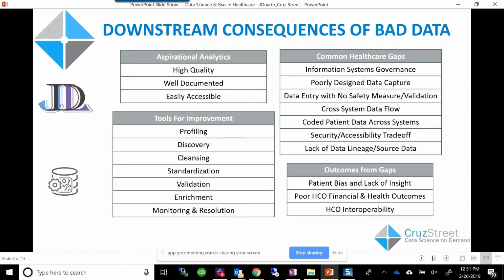Besides putting in place a data governance that will help fix the data quality issues in healthcare across the data lifecycle, we can use data quality tools and processes to profile, discover, clean, standardize, validate. We can also enrich records with other data sources that can improve analytics. We need to put in place monitoring tools also to control the data quality over time and assess the quality of the data in its different